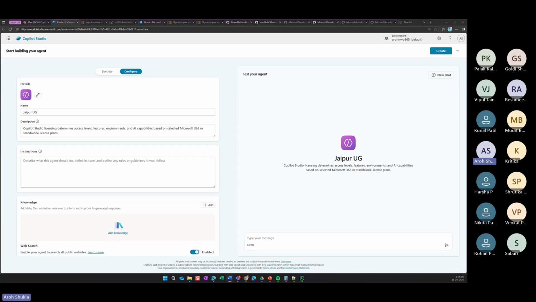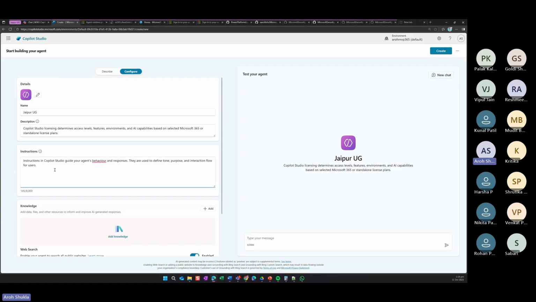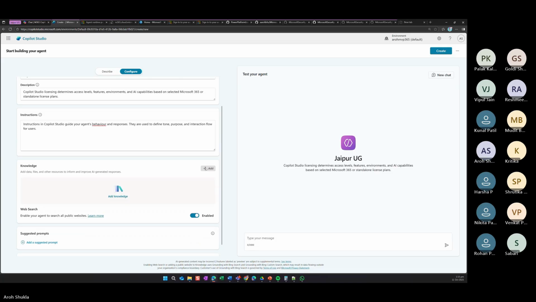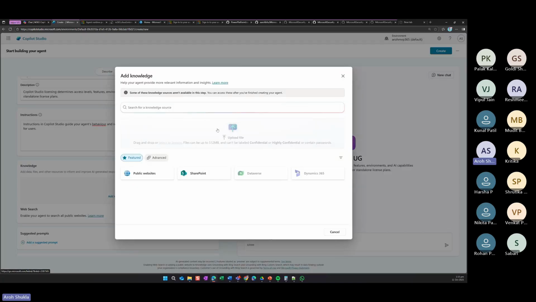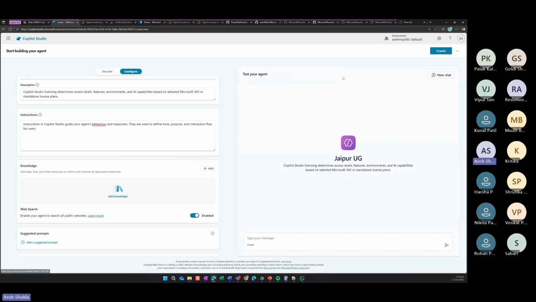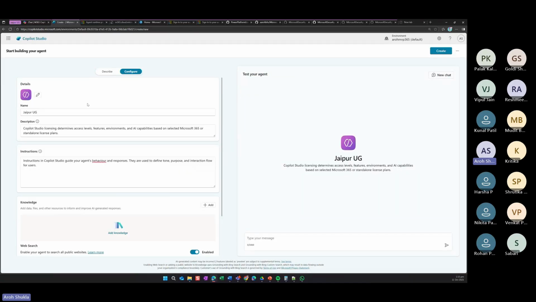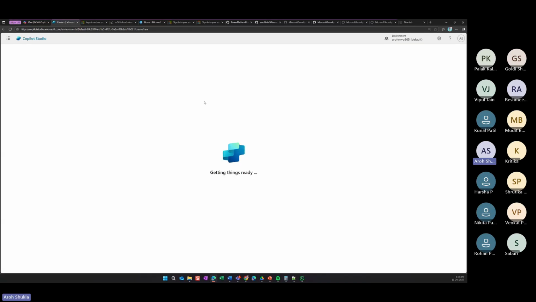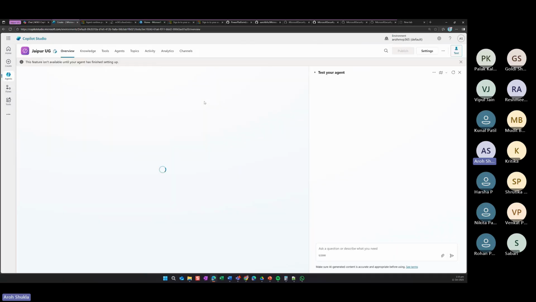The second thing that is very important to share is the instructions, right? How the Copilot will respond, whether it will be a friendly tone, or what the purpose of the interaction is. It will be based on that. Then when I click on this, you see I can't build it because I have to click on create first. So I just click on create. What it is doing is creating tables in Dataverse, and also creating some tables which can be used at a later stage.